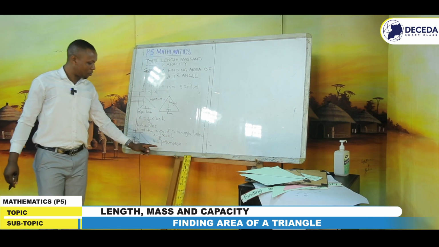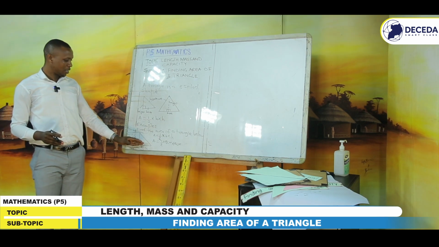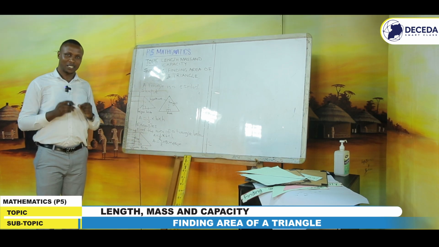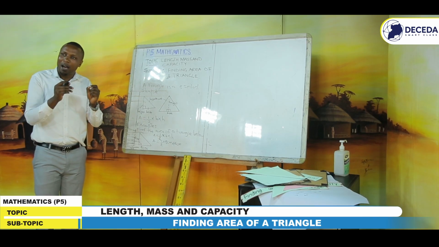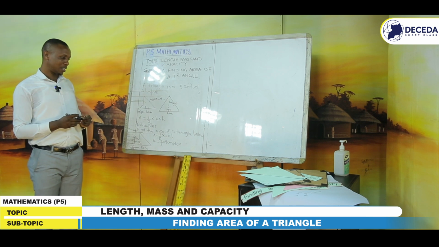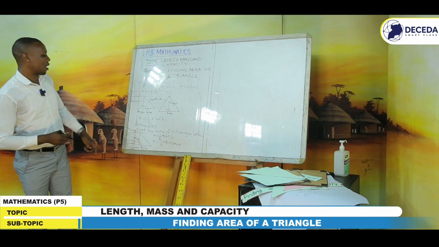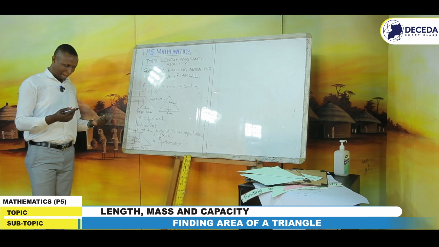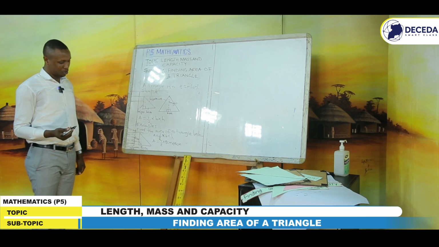Please, you have to make sure that you go with the units. If you are given centimeters, try to use centimeters. If you are given meters, try to use meters, because here we can use different units. But right now we are given centimeters, and as you can see, we are having a half times 8 centimeters times 6 centimeters. Possibly here, where the factors can be reduced, I can reduce